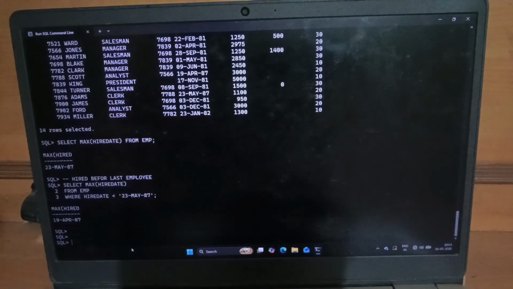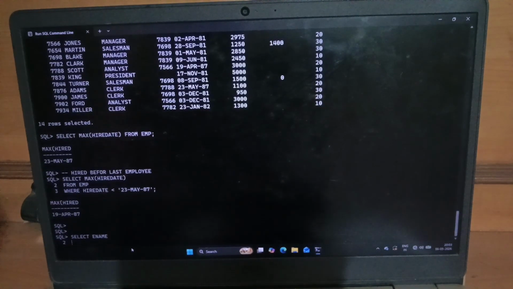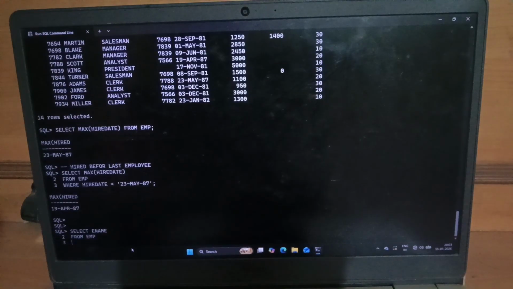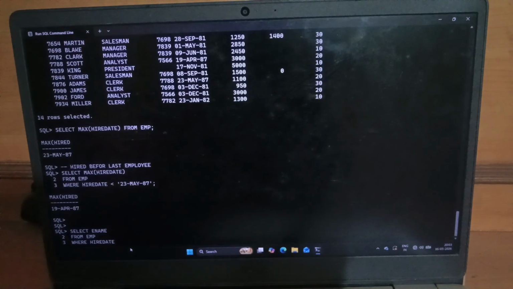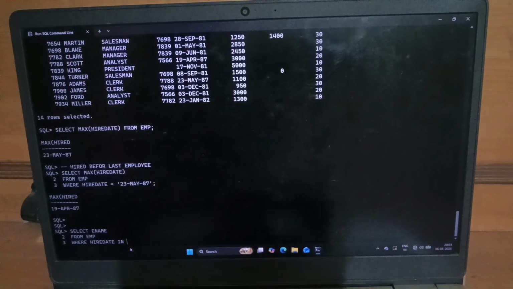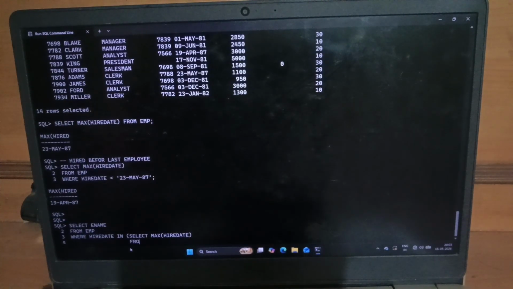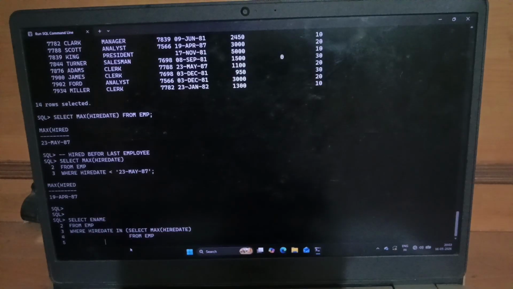So how will we write the subquery here? First, I want to know the name of the employee. Which column? ename. Which table? From EMP where hire date should be the second last, hired before last employee. Okay, in hire date which function will you use? Select max of hire date from EMP where hire date